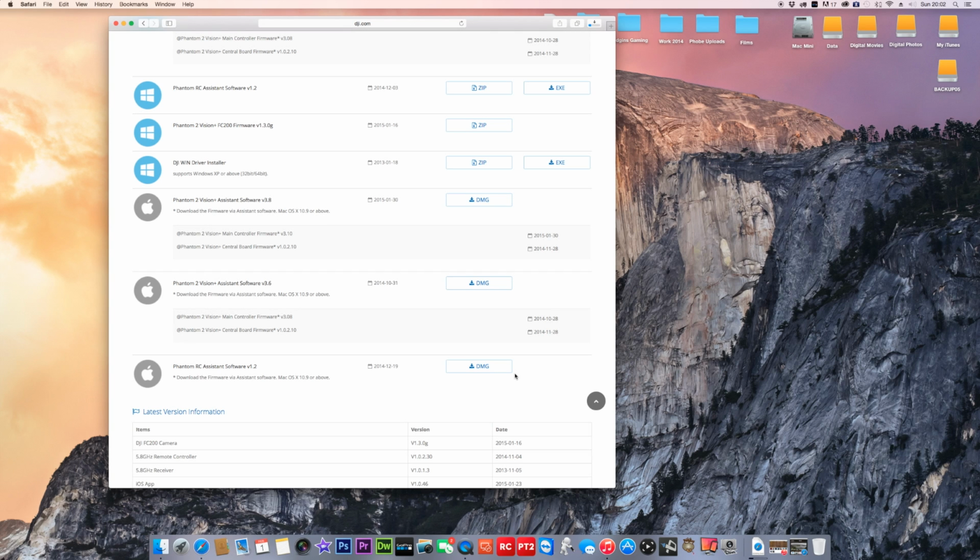This is always important before any upgrading of firmware. I always check to see if the assistant software that's loading the firmware is the right version as well, because there's been a lot of mishap in the past with the assistant software where some people have done the upgrade before upgrading the software and had a few issues. The result of that was to make sure you're on the latest assistant software before we apply the firmware upgrades. So I've downloaded the current versions, so the RC assistant software 1.2 and the assistant software 3.8,